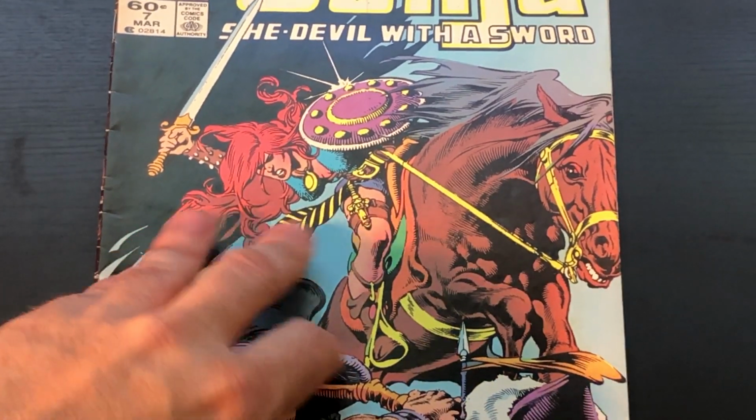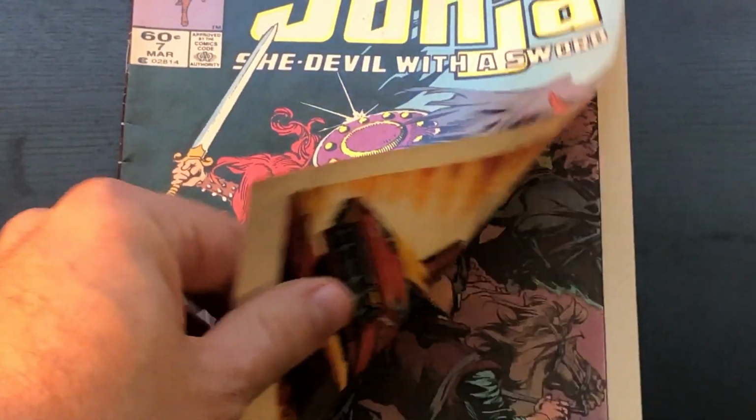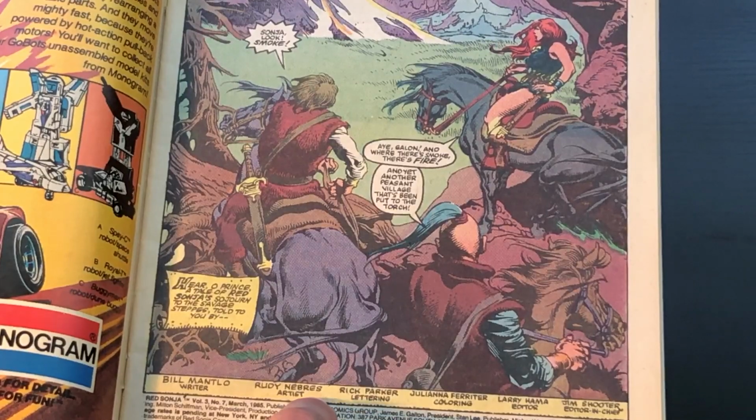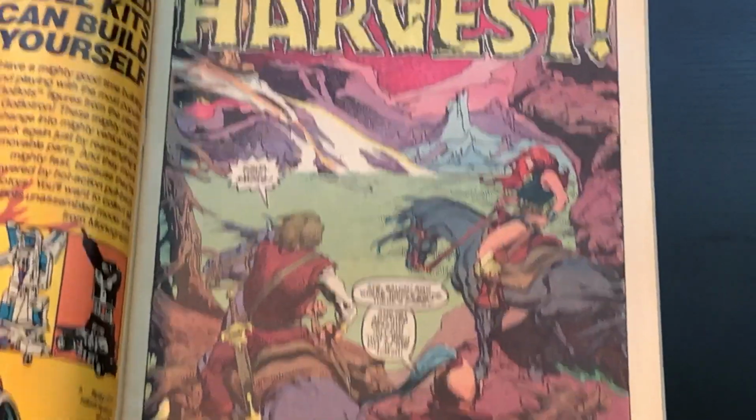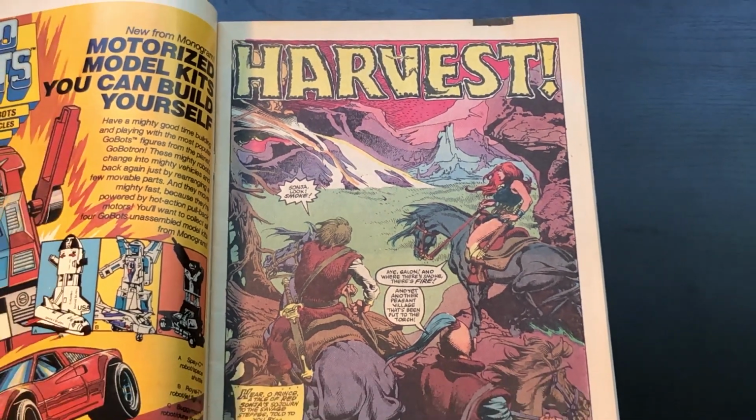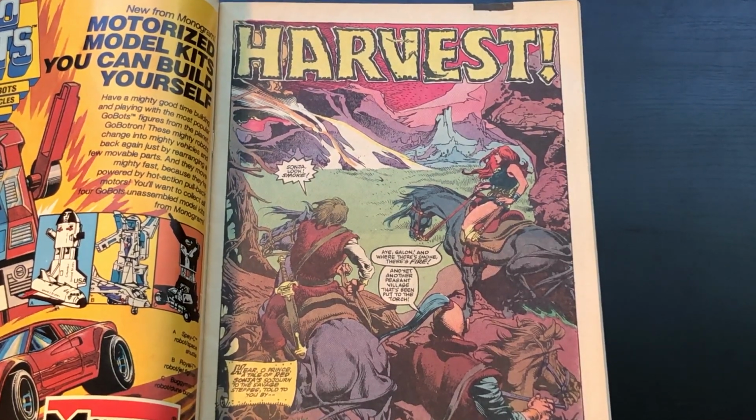And this is a really good looking issue. This is drawn by Rudy Nebres. Rudy Nebres is just a hell of an artist, and this one's called Harvest. I picked this one because I think the art in it is really good, but also because it's such an interesting story. It's kind of weird, and it's also kind of a classic form for both a Red Sonja story